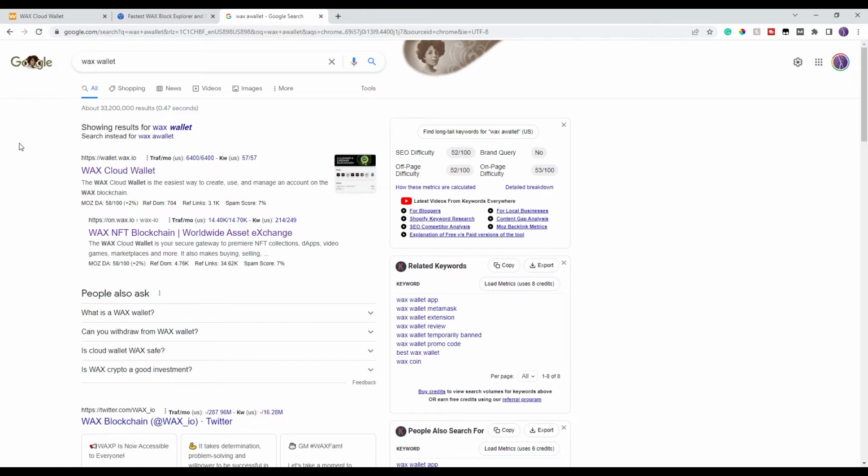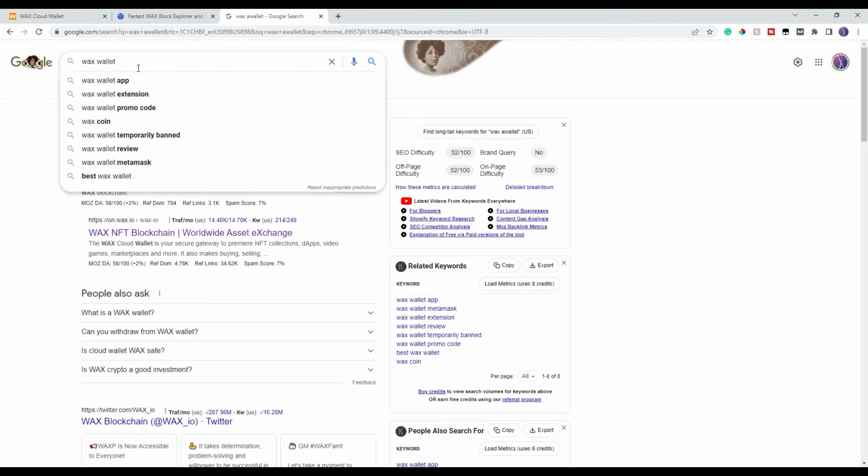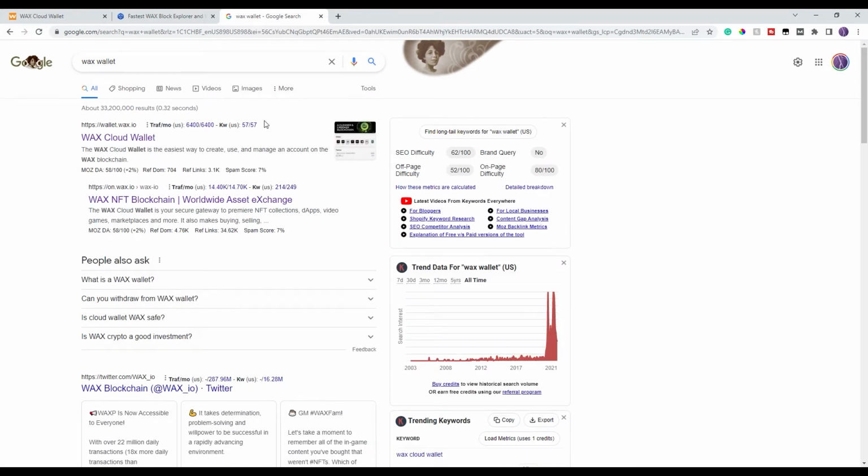If you go to Wax wallet, you will notice they've actually gotten rid of them, at least in my search. If you go Wax wallet, there is occasionally at the top here ads. They are known scams. They will steal all your NFTs and all your Wax if you click on them. So be very, very careful that it doesn't say ads by it, and make sure that you're going to